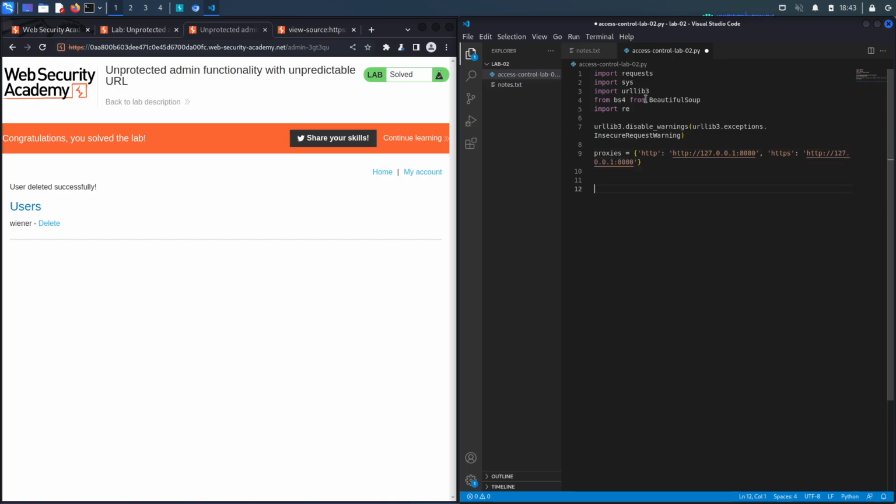Okay, this looks good. Next, we're going to say if name is equal to main, then call the main method. And we're going to write up the main method right now. So def main, and we're going to say if the length of the command line arguments is not equal to 2,